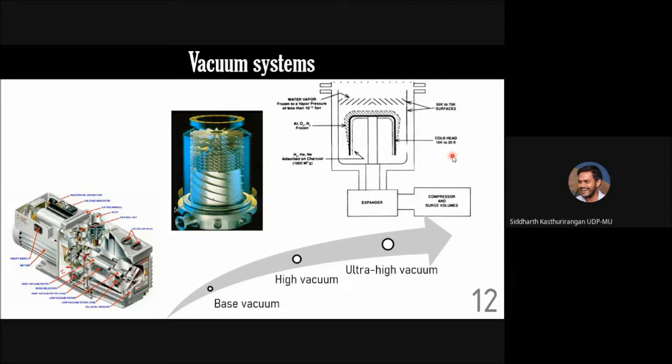Vacuum requirement, there was a basic problem in one of the tutorials. I hope you must have seen that, right? So basic vacuum requirements have to be calculated, that what kind of vacuum do I need and what kind of pumping speed do I need. Each of these pumps is characterized by a pumping speed and an ultimate vacuum which it can achieve. So you have to calculate what is the ultimate vacuum I need, ultimate pressure, and what is the pumping speed I need, and accordingly the choice of pump has to be made.